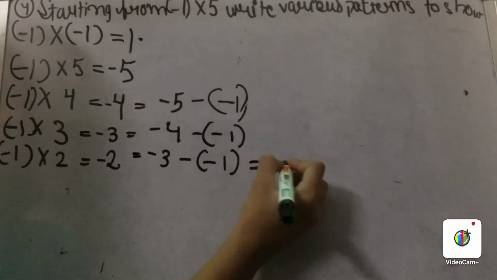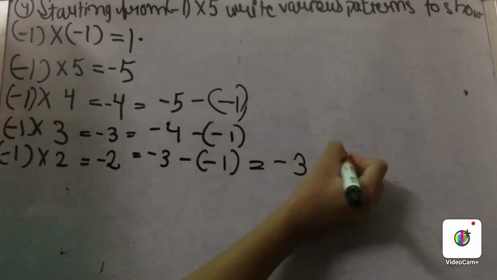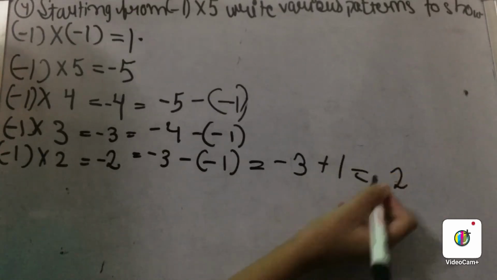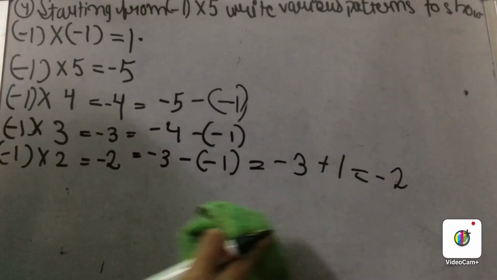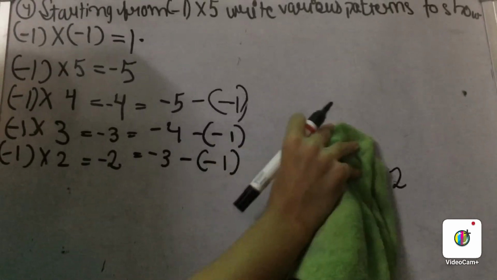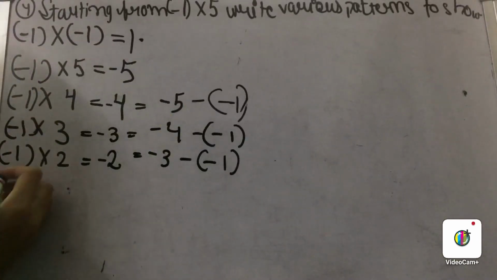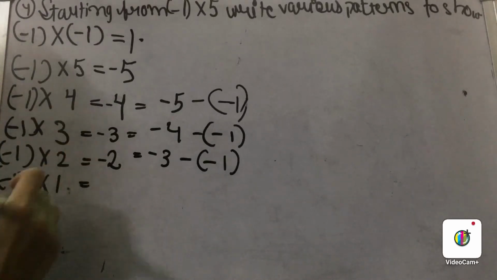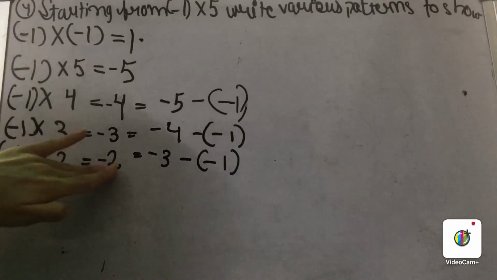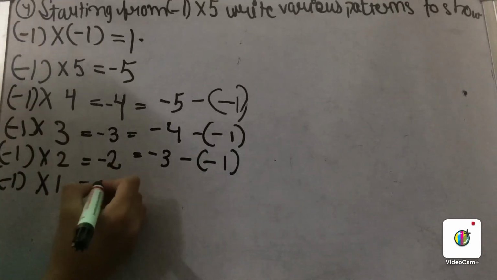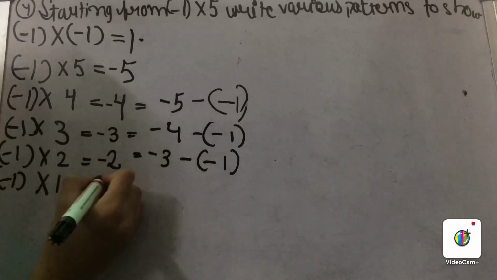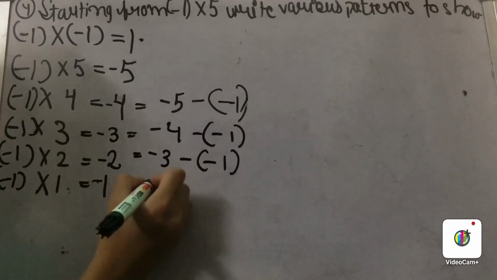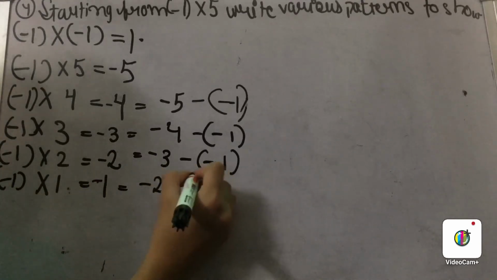Here also we will do like this: minus 3 minus minus, plus 1, plus minus minus, 3 minus 1 is 2, and minus 2. So minus 3 minus minus 1 is also equal to minus 2. Now let us move to the next integer, minus 1 multiply by 1. 1 one is 1 with a negative sign, because plus minus minus, and here we will carry out minus 2, minus 2 minus minus 1.